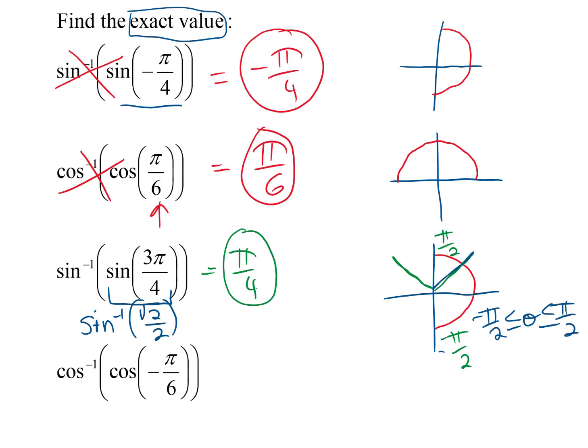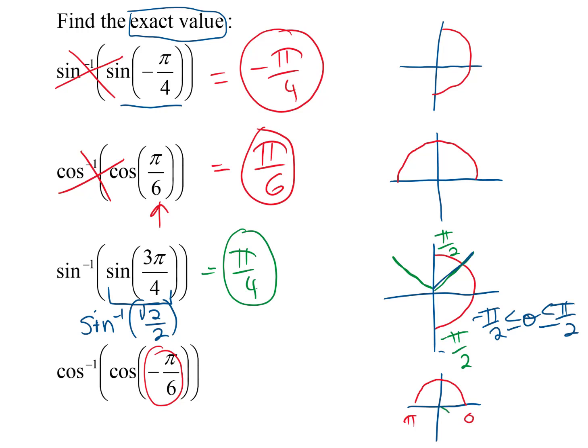Okay, let's look at the last one. This one is an inverse cosine, and those restricted values for the inverse cosine's range need to be between 0 and pi, and this angle is not between 0 and pi, so they're not just going to cancel each other out. The answer is not going to be negative pi sixths,